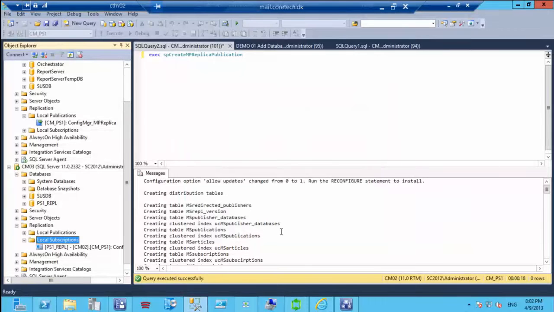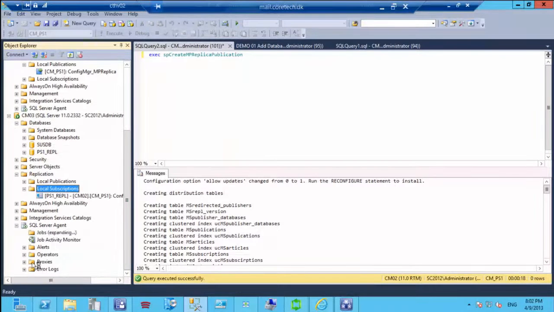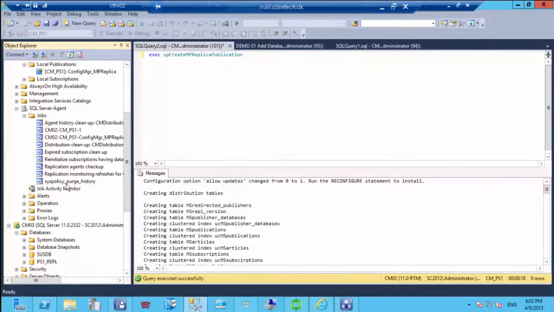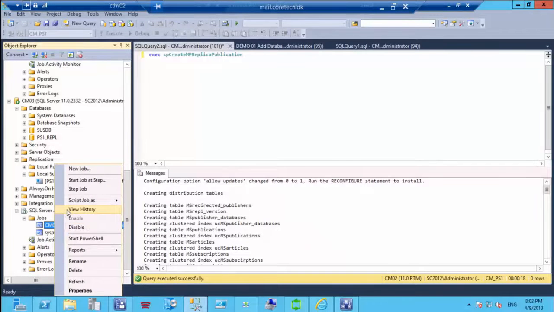Success. All right, now you can feel a little better. What that does is create a job down here. You get one job on your MP, and you're going to get a bunch of other jobs that run all this on your primary. And these are places where you can go and look for errors. If I look at the history of that job,